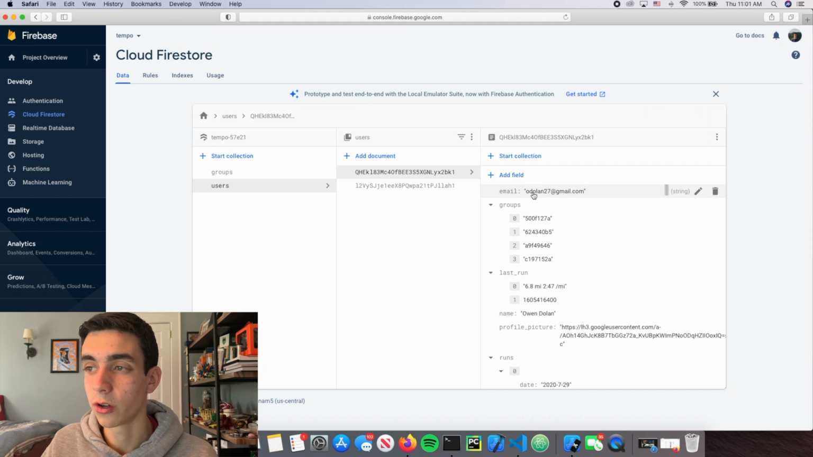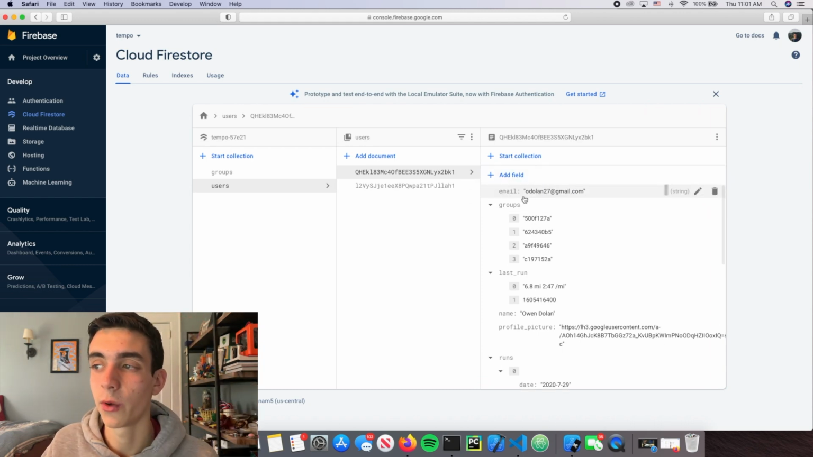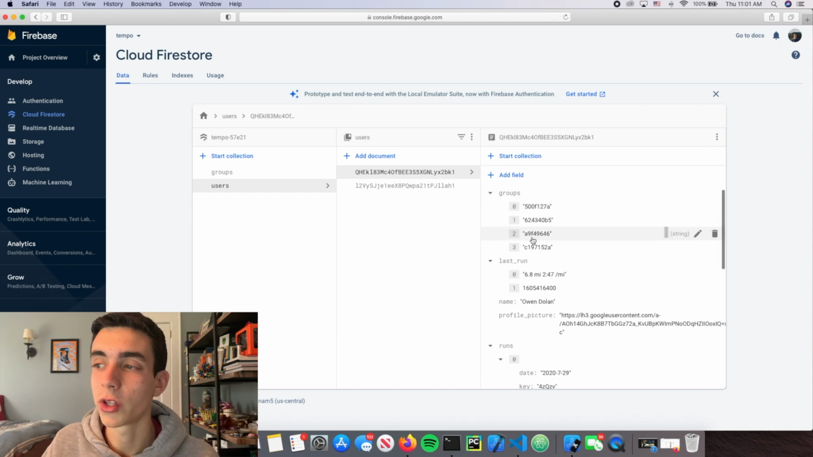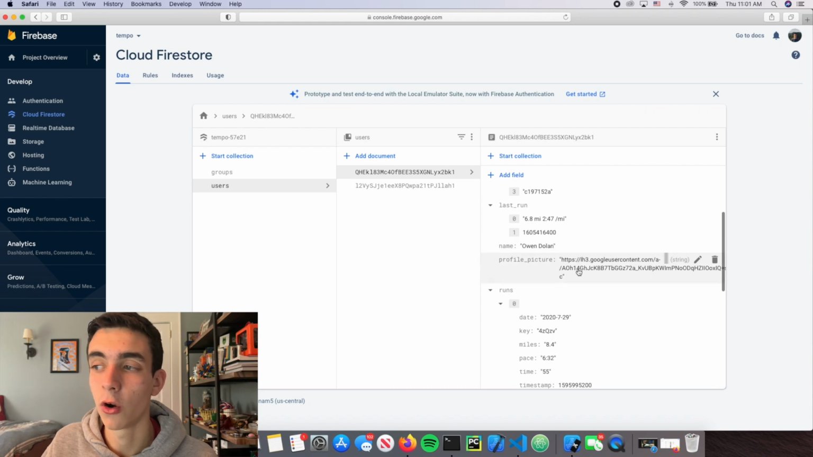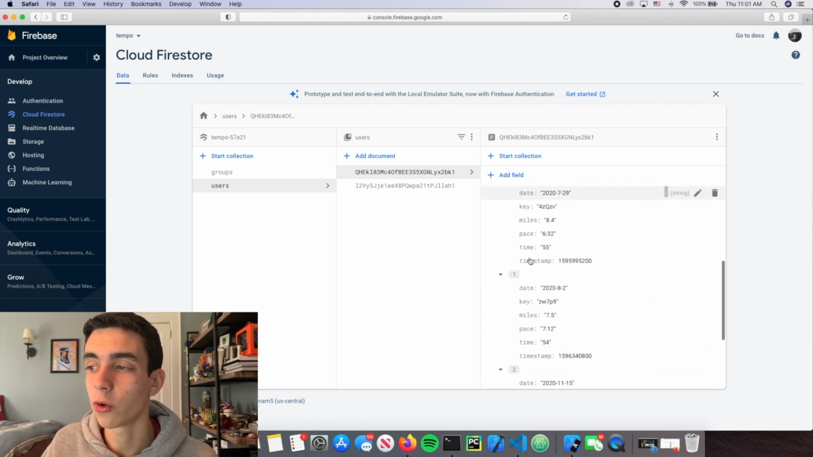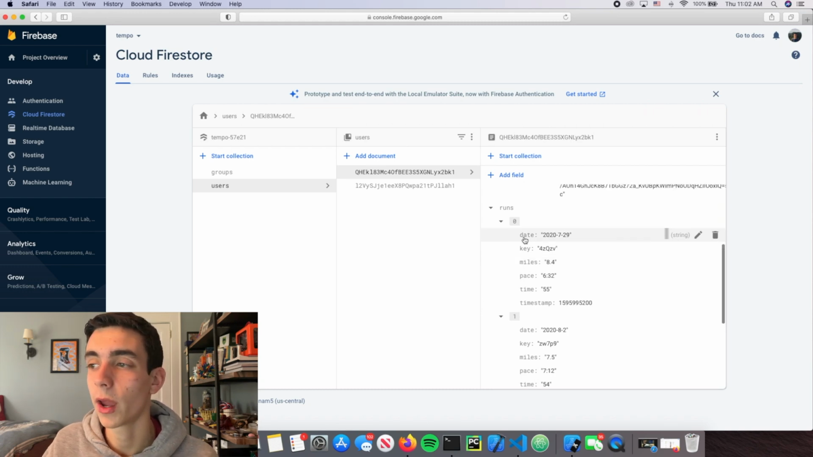Inside each user, you're able to see that there's a document with some information about them. We have their email, we have all the groups they're a part of, we have their last run, their name, their profile picture, and every single run they've gone on. And we store this in a JSON type file format, where it's basically an array of runs, and